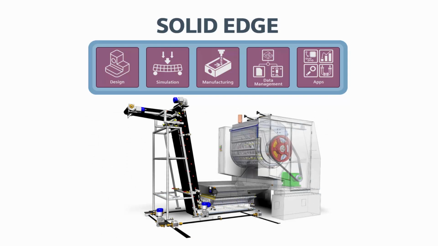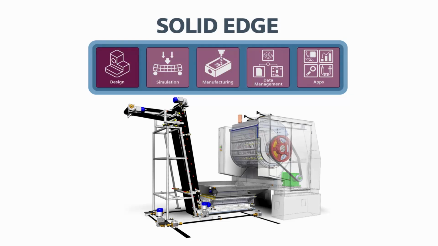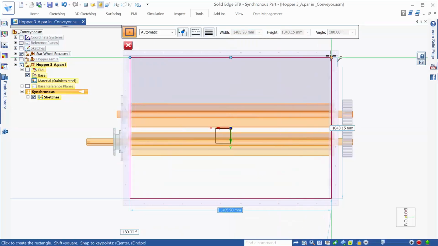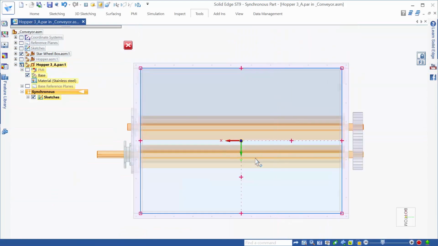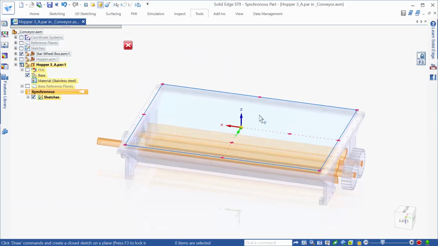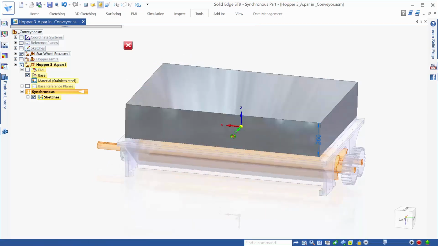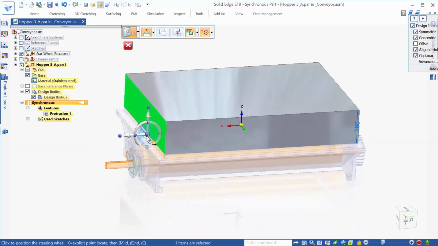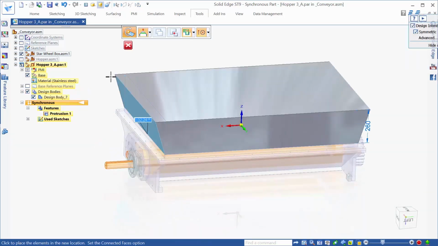Our tour today will use portions of this dough mixing and transport machine from one of our food processing customers, AMF. To begin, let's take a look at the core area of 3D digital design. Solid Edge provides all of the tools needed to create 3D digital models of industrial food processing machinery and equipment. When working with complex part or sheet metal designs, tools such as those offered with Solid Edge synchronous technology make